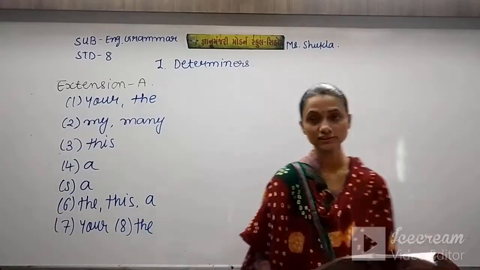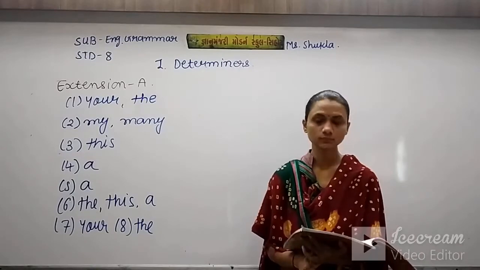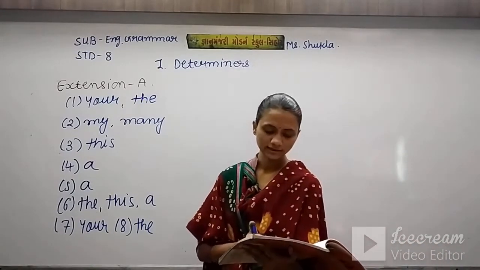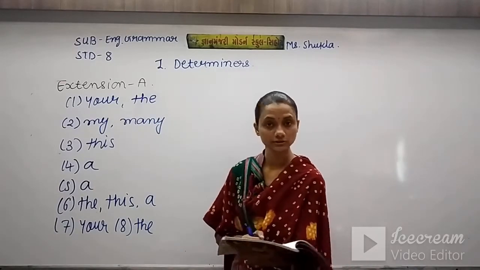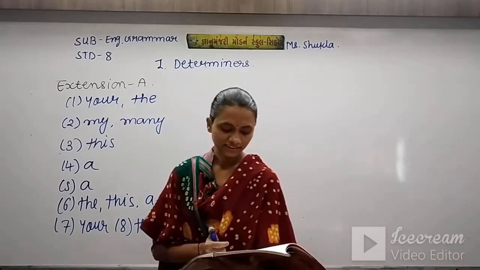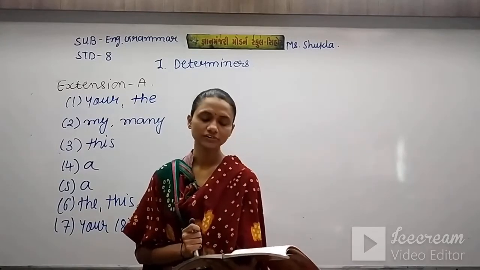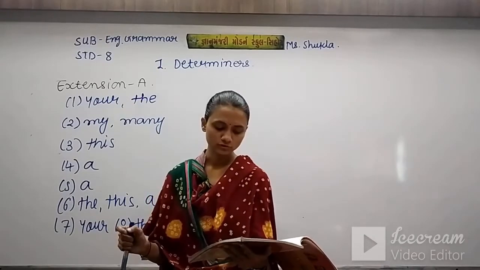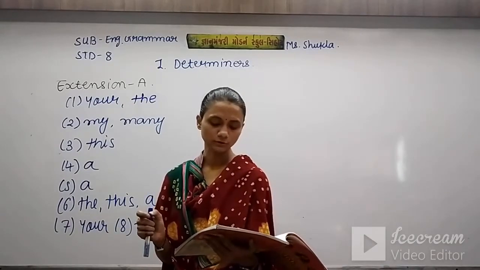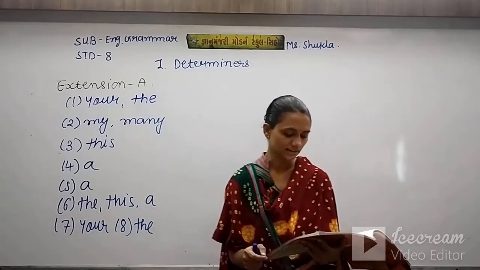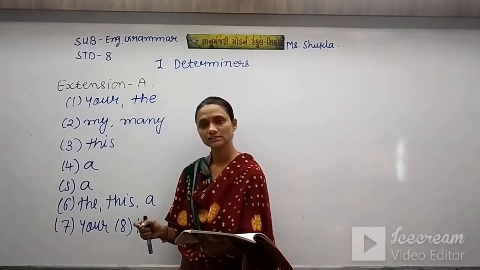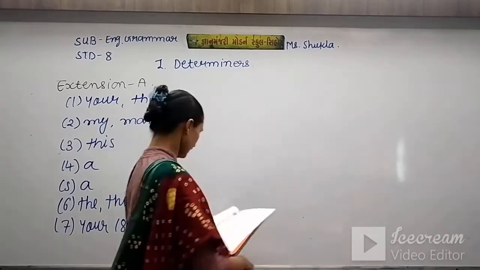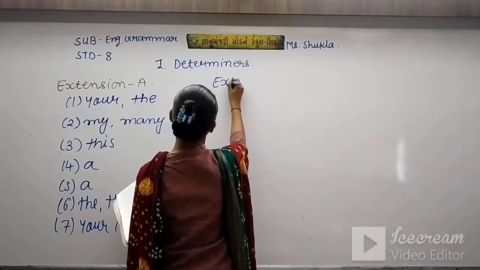So this is extension exercise A. Now here something is given in the box. Some and any. Any is most commonly used in a negative sentence, some is used in a positive one. There isn't any water left in this bottle, there is some water left in the bottle. In a yes or no question, any is used when we think the answer is going to be no, and some is used when we think the answer is going to be yes. In short, any is used in negative and some is used in positive. Here we have extension exercise B.